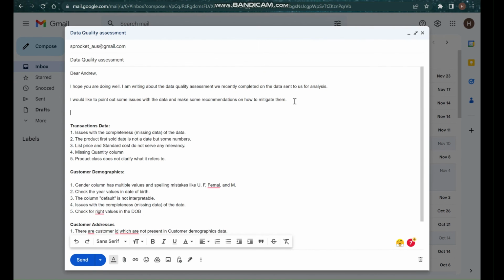We can say the data quality assessment was made on the dimensions, or we can say on the measures of consistency, accuracy, completeness, uniqueness, and data validity, etc. Say recommendations,